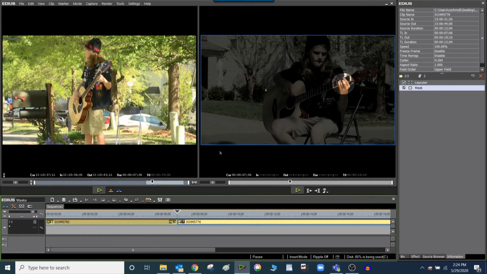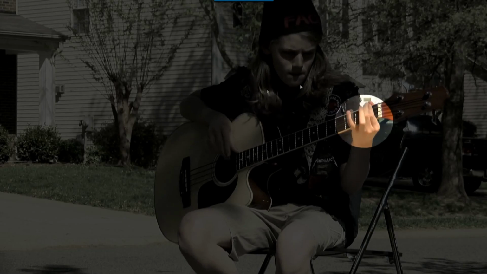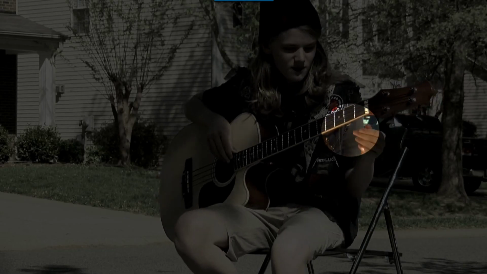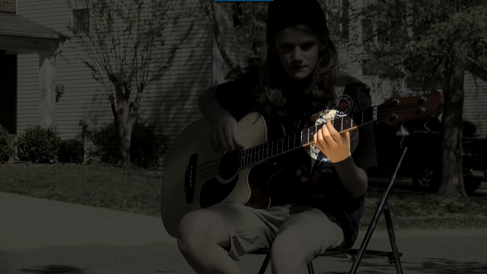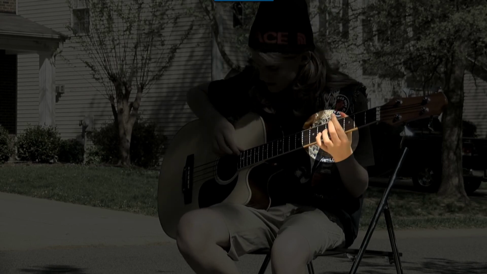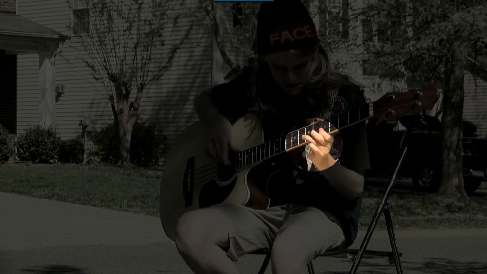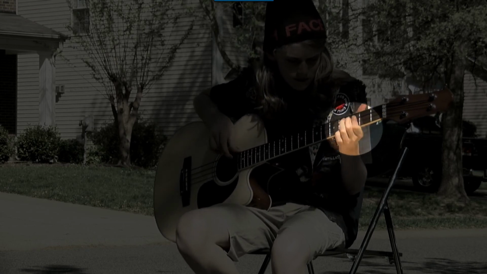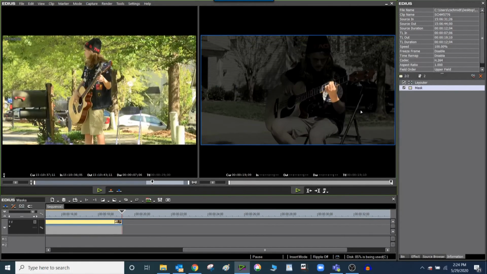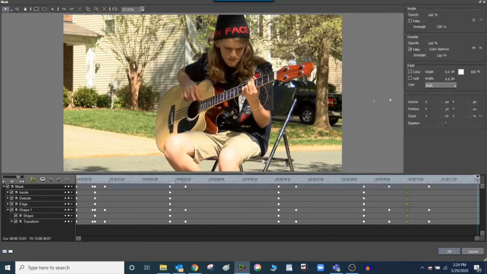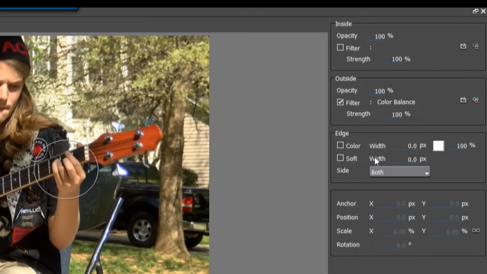We'll go to the beginning of the clip, go full screen, hit play, and the mask follows his hands around. It's not perfect. You probably want to tweak it a little bit there. But to make it stand out a little bit more, double-click Mask. And check this out. We can add